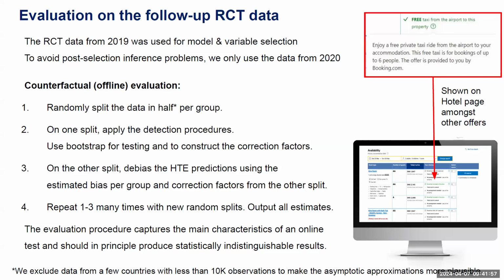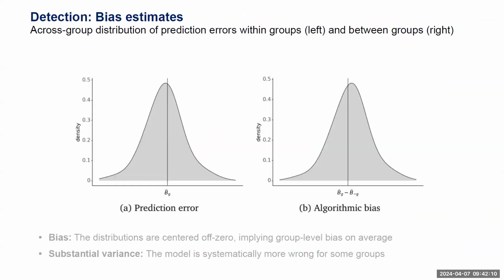We basically split the data in half. We use one half for detection, one half for the biasing, repeat it a lot of times, and we check how often it is. And this basically mimics the main characteristics of an online setting, if we would do this in practice. Okay, bias estimates. So now we're looking at the distribution of the within group error across groups and the